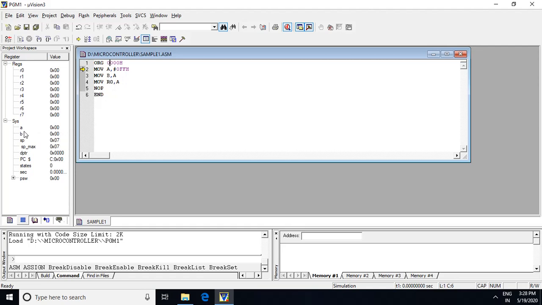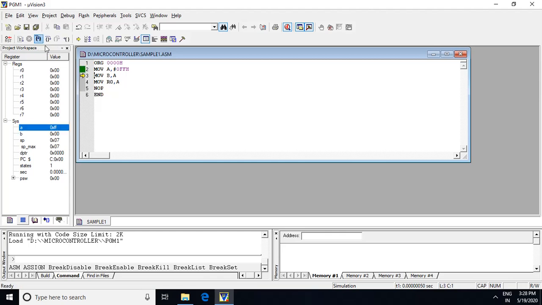Here you can see the A and B register values are 0, 0. Now let us see what happens with the execution of this instruction. Go to step into, which is for step-by-step execution. If you want the program to be executed all at once, you can select run. Now let me go for step-by-step execution.